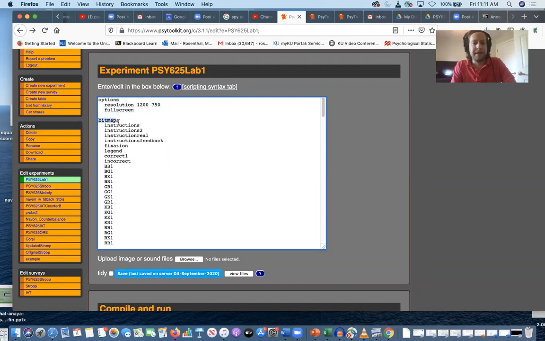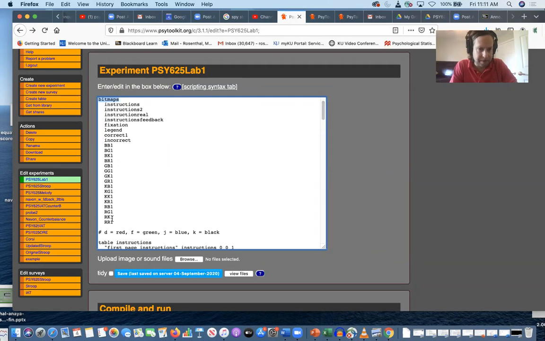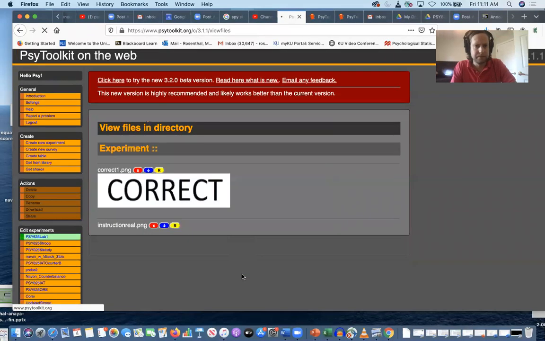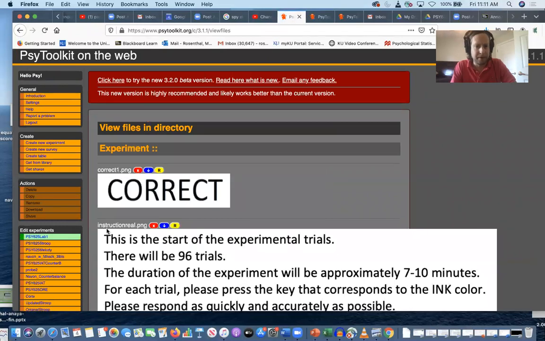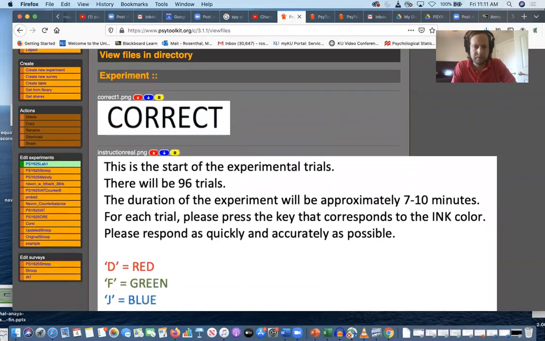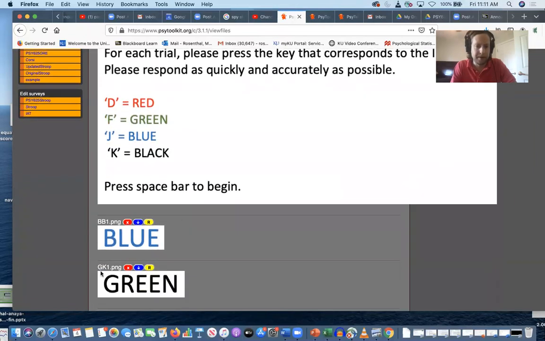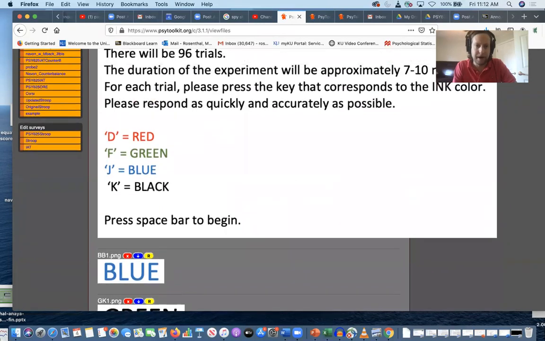So right here, this next section is called bitmaps, and I had a question from Wednesday's assignment about this section. This is basically a list of all of the pictures that will be shown in your experiment. So we have, let's see, 24 pictures that we're going to be shown. And each of these things right now is the exact file name of those pictures. And you can see that if I go to view files, this is correct one is the name of that one, instruction reel, BB1, GK1, all of the names of those files